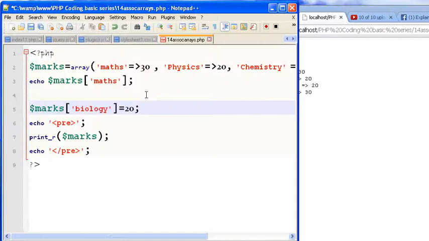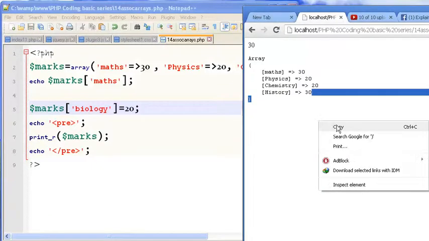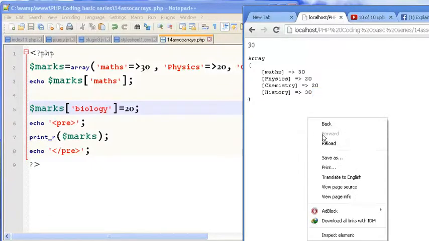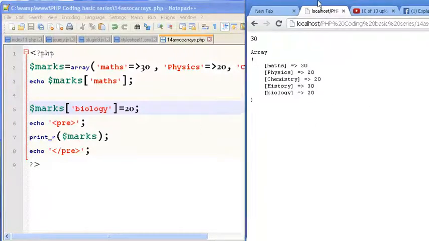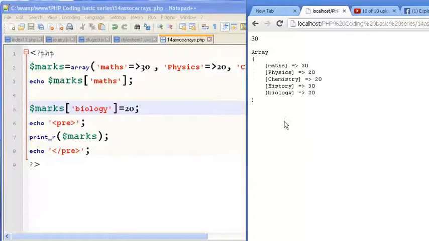No, 20. And say I just save it. And now if I reload it, you can see we have successfully added another index, and this index carries a value of 20. Obviously, if we are talking of weighted averages, the sum of the weighted averages cannot exceed 100, but this is a hypothetical example, just for people who may try to point out that this cannot be a real case.